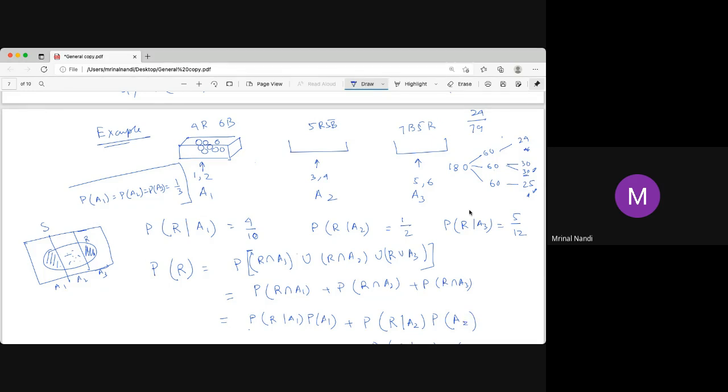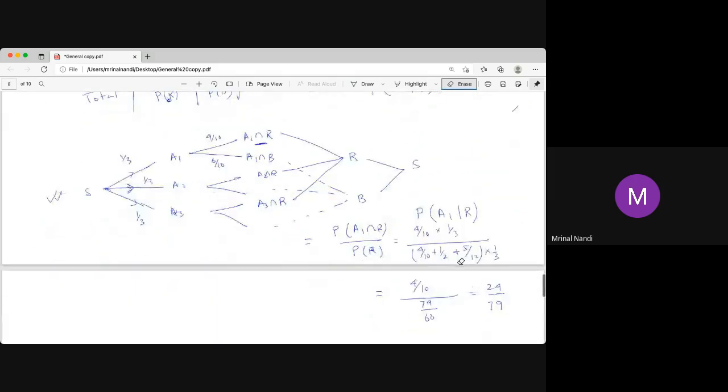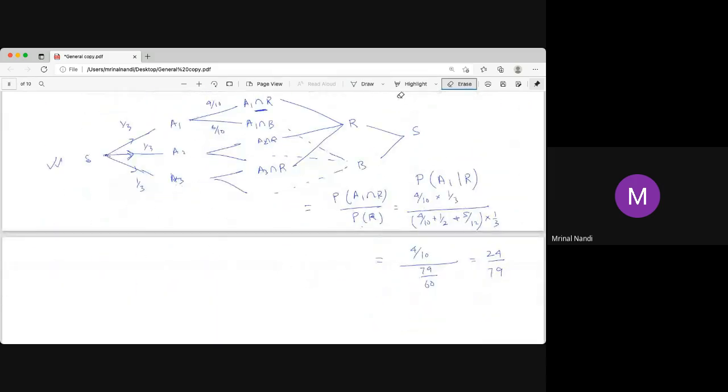So we have this idea. This is called posterior probability. So how do you find this posterior probability? It is easy. So finding some probability